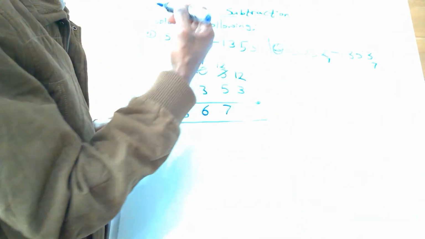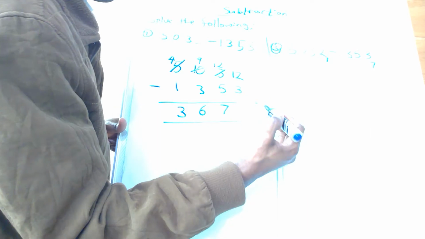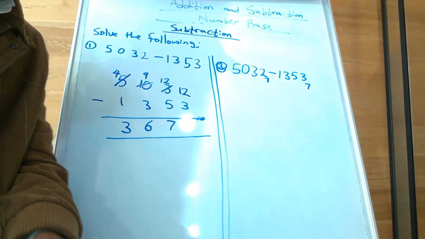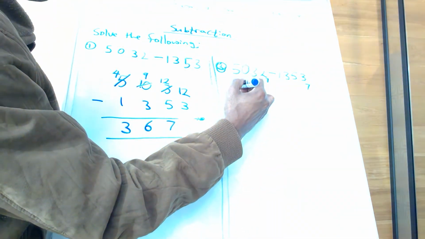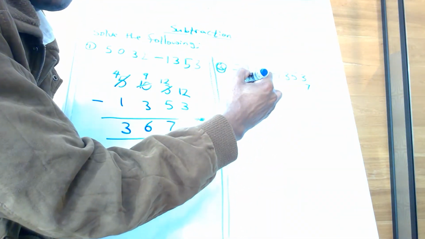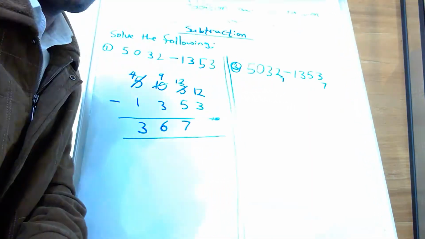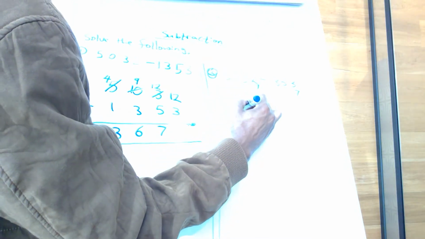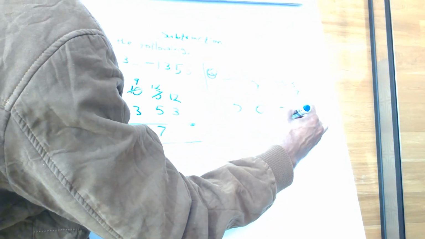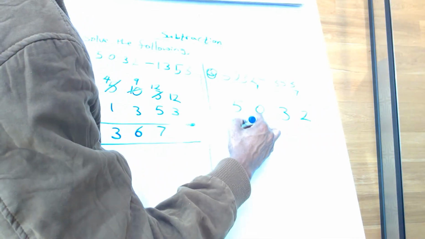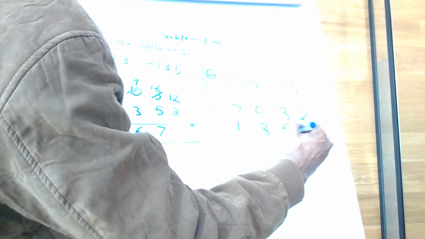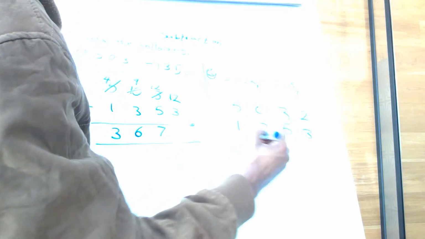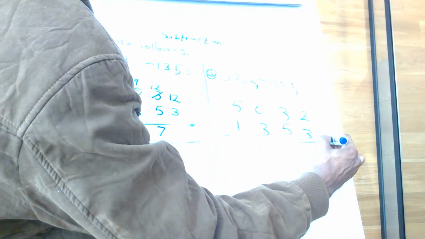Now let's apply the same method to solve this particular question here. We now have 5. Make sure there is always space so that your work will not be too rough. When it's rough, you get confused, especially if you don't understand it. 5313 minus 5032. This one is in base 7.